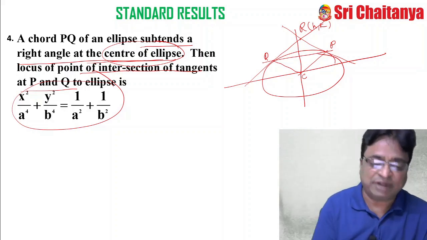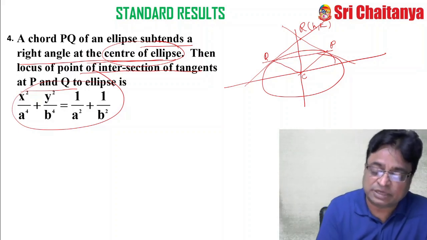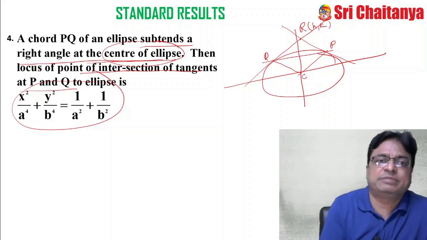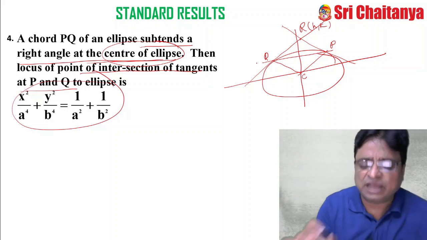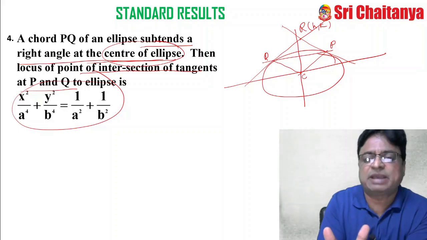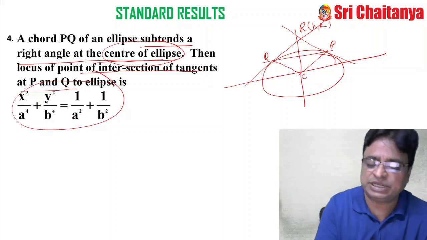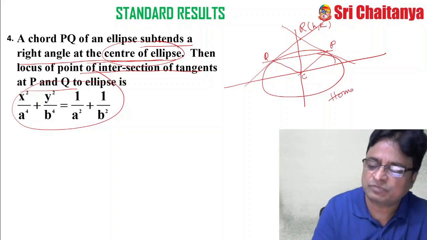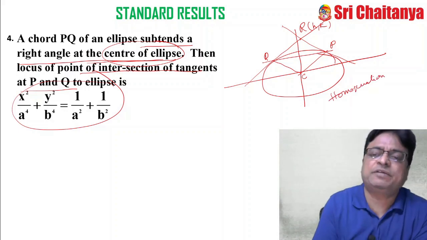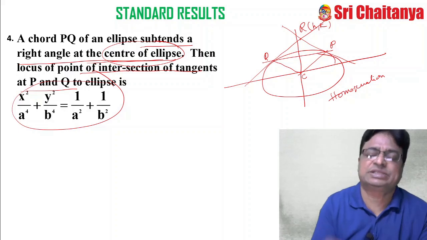Okay, my friends, and why it is very important for me is that it is one of the favorite questions for competitive examinations, especially in JEE Advanced. Whenever a line intersects a curve and the line joining the points makes some angle at the center, which is nothing but the origin, then the only fundamental we have to apply is homogenization. Though pair of straight lines is not in our syllabus from the chapter point of view, the applications of the pair of straight lines are useful like this.